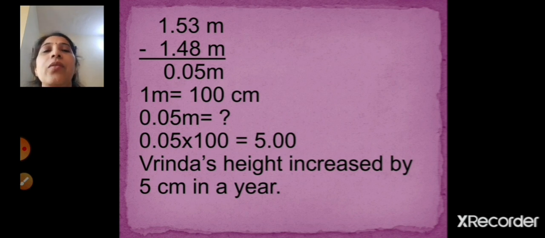So with this, children, we have finished our chapter 9, that is decimal fractions. Right, children? So I hope you have understood how to carry out the subtraction of decimal fractions. As I had told you, you are going to carry out a normal subtraction. How do you carry out for normal numbers? Same way you are going to carry out. Only you have to remember where you have to put the decimal point. Right? So don't forget to put the decimal point.